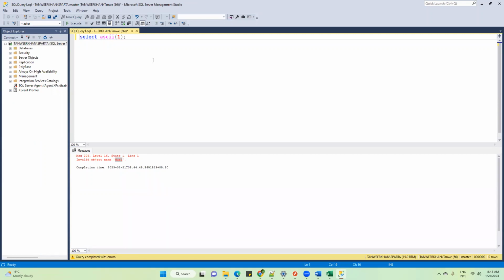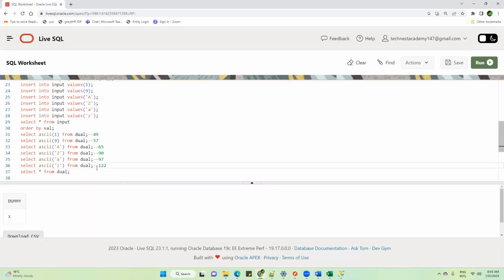Practice only on Oracle or only on SQL Server. Take any one platform and practice on that. I recommend practicing on Oracle Live SQL, where we are practicing. Once you get some maturity, then you are free to do all the research. But if you are very new and practice on multiple platforms, you will get confused, because there is hardly a 1% difference in all the databases. Only 1% or less than that.